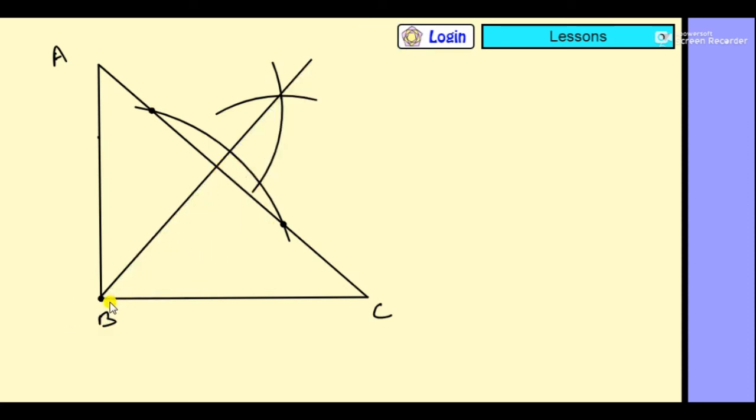So the orthocenter is where these lines intersect at the point B. You can see the angle here: it is 90 degrees from vertex B, which meets at B, and from vertex A it is also 90 degrees, and from vertex C it is also 90 degrees. So all are 90 degrees here. So this is the orthocenter O. It is called the orthocenter.